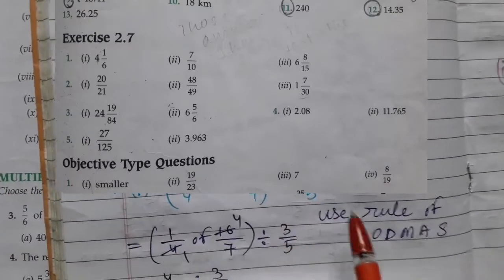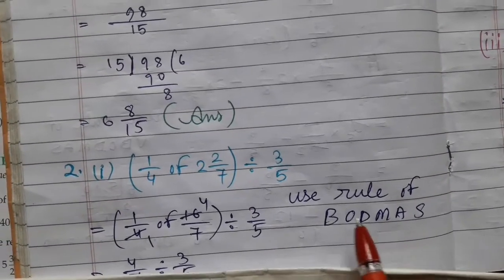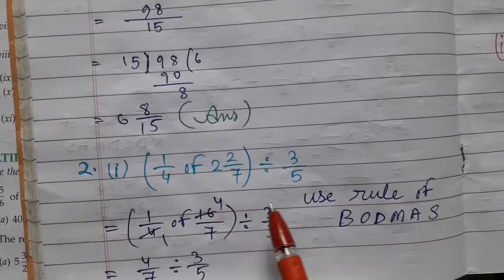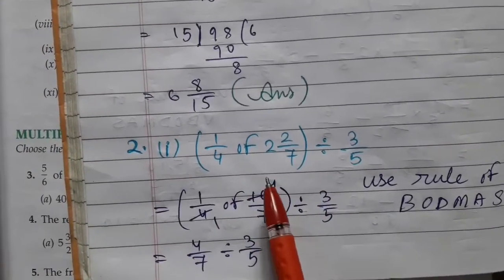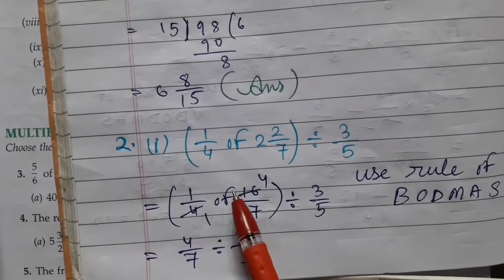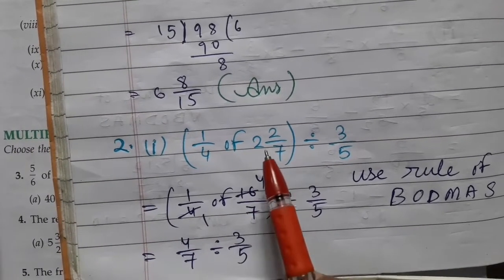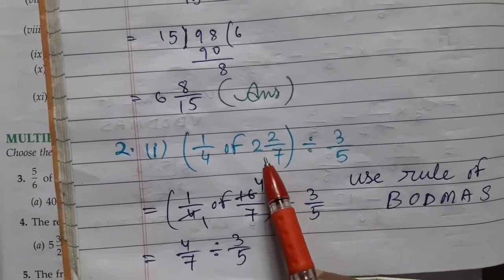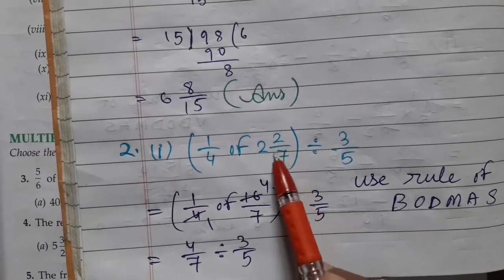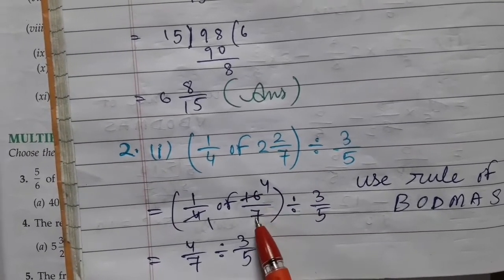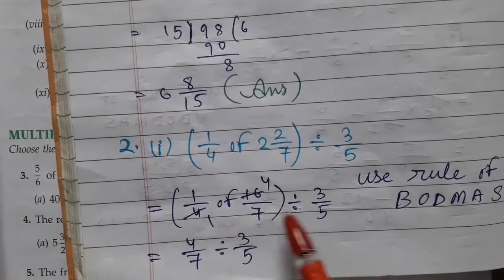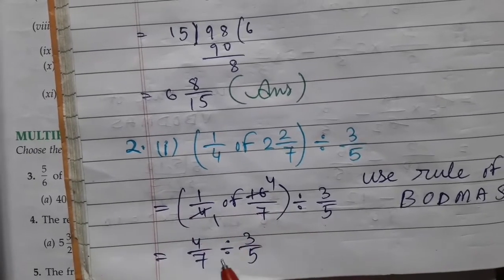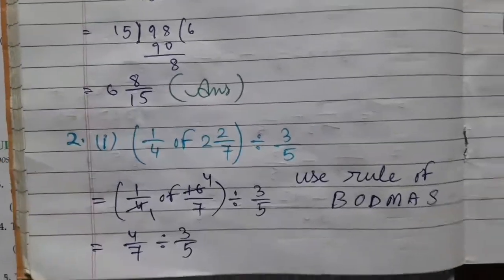Next question, use rule of BODMAS. We have a bracket. First of all, work the bracket. 4 on 4, 4 4 is 16, 7 2 is 14, 14 plus 2 is 16, 16 minus 7. Okay, improper fraction to mixed fraction, convert it to improper fraction. 16 minus 7, and cancel it. 4 4 is 16, divide 3 by 5, 4 1 is 4, 7 1 is 7, divide 3 by 5. Okay,